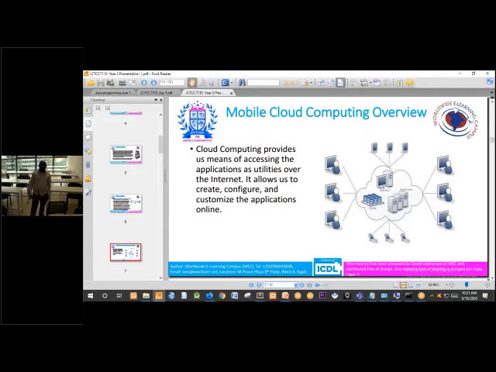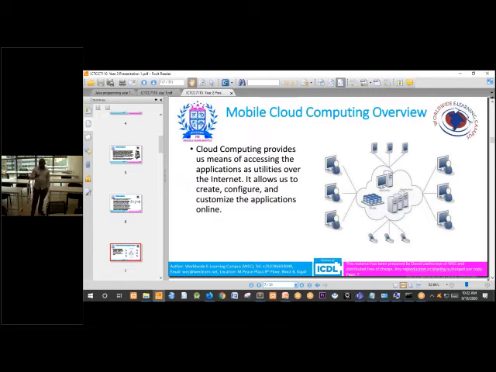It means you can access resources installed in other computers, and you consume them, and you pay as you pay for electricity, as you pay for water. Because for water and electricity, it is not necessary to have your own electrical generator at your home, but you pay as you consume.